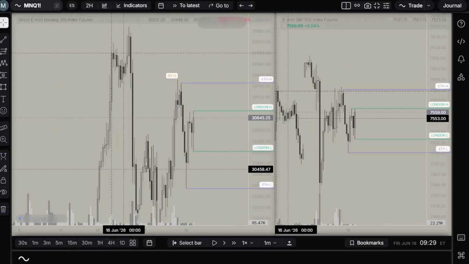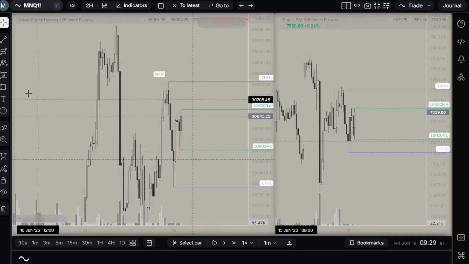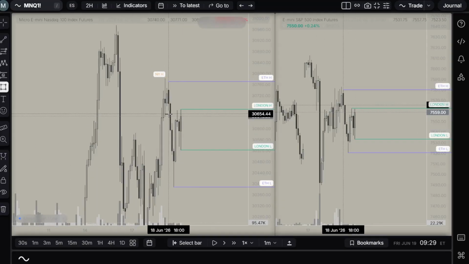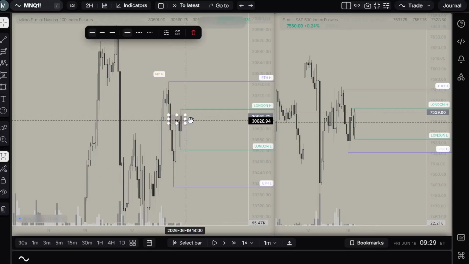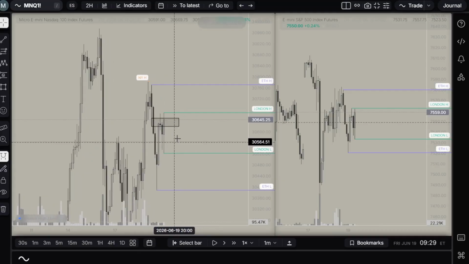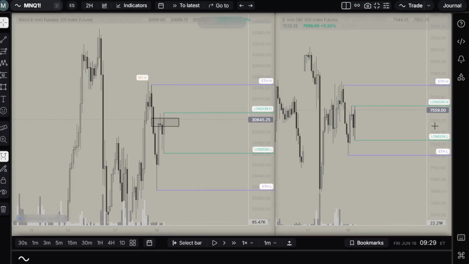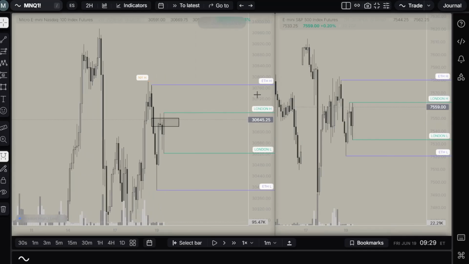Cool. And if there's a lack of fair value gaps presented, lack of imbalances presented, that's a little bit of what some people may call bad price action. I wouldn't call it bad price action, but maybe a little bit less efficient if you have the data to back it. So right here,